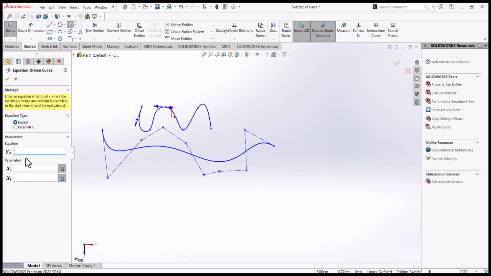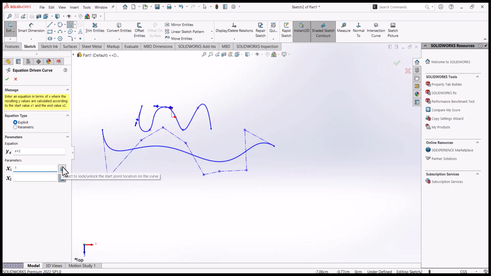The equation of a straight line is y is equal to x. So basically, let me enter something. Okay, let me enter x plus 2. Now let me start from here. Let me make this one 1. So this one is,